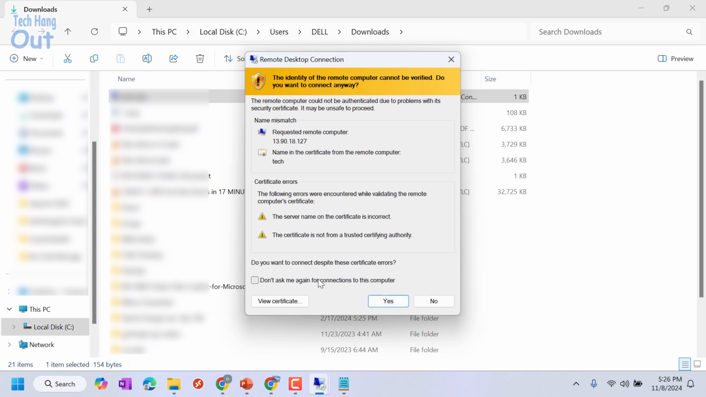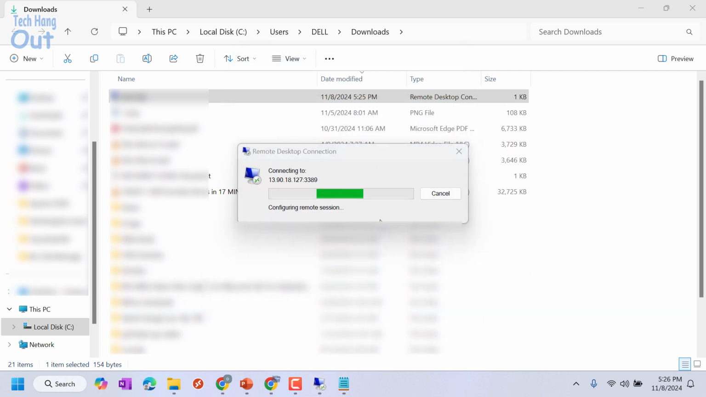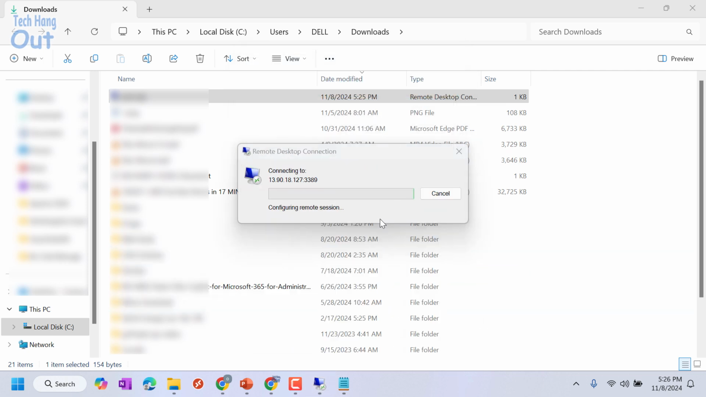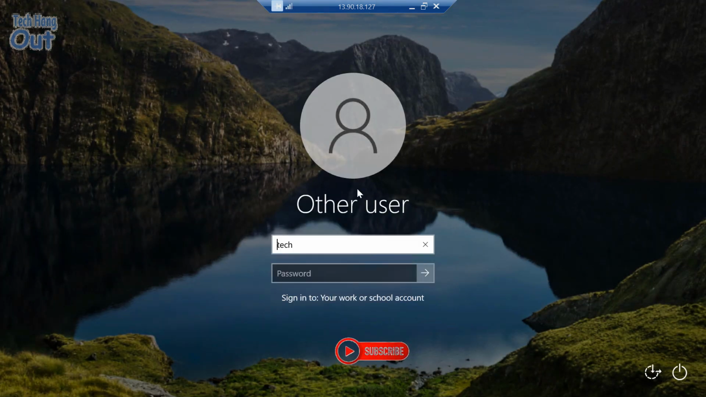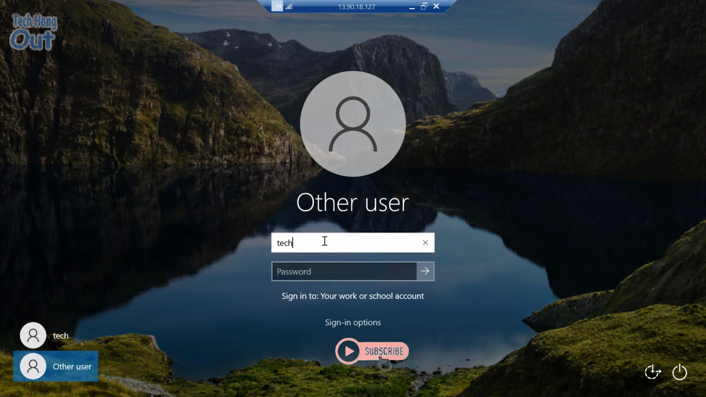So I can check "do not ask me again," as the case may be, but it's not necessary because it's just a test VM. As you can see, here it is, it's showing me this menu. If I had not added the other 2 lines I added earlier, I wouldn't have gotten this. So then I would enter my